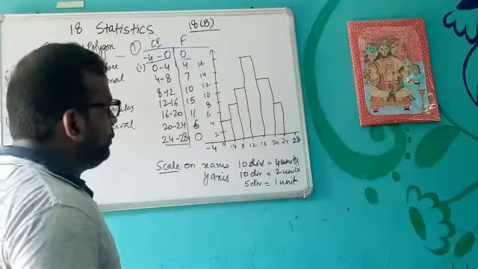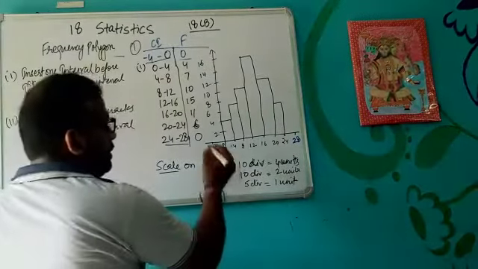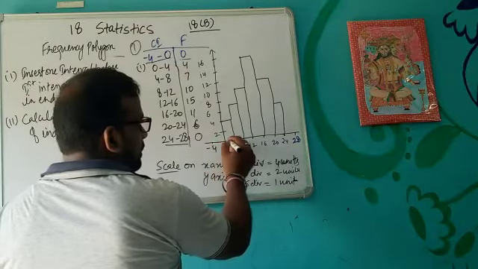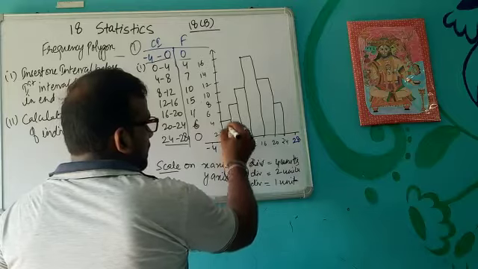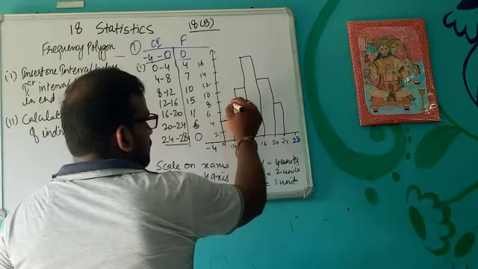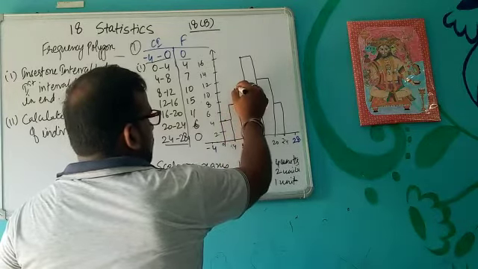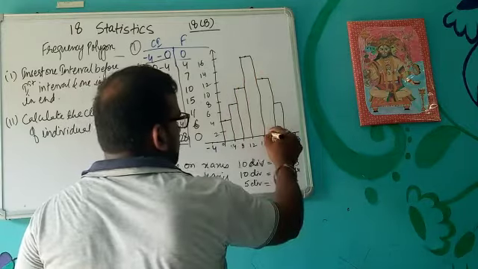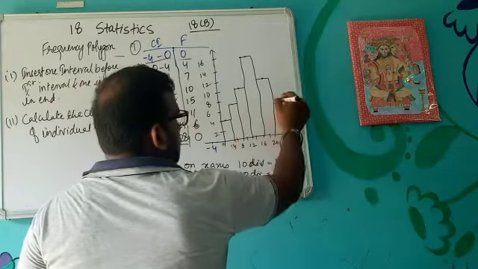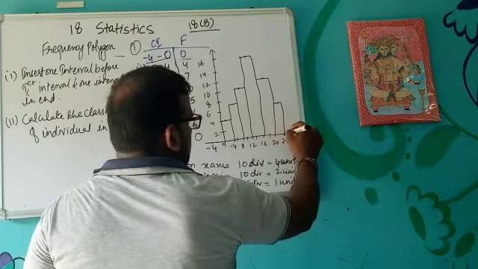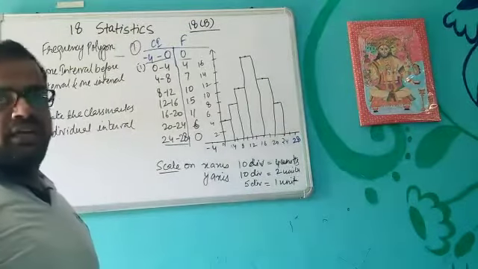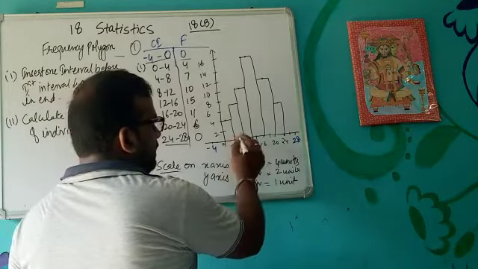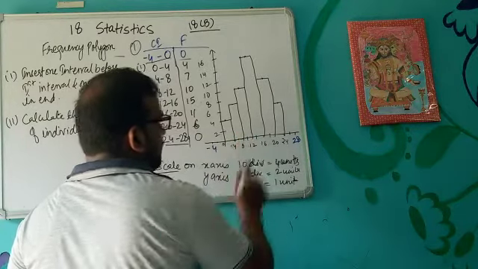Then what we are going to do, we are going to mark the midpoints of the histogram. So if you see carefully, its midpoint will be exactly in the middle. Then one midpoint here, one here, one midpoint is here, one midpoint here, exactly in the middle. Okay, this is the middle value of all the intervals. So exactly in the middle. So this is the benefit of having the exclusive interval. You don't need to find the midpoint, you will get it immediately, exactly in the middle.